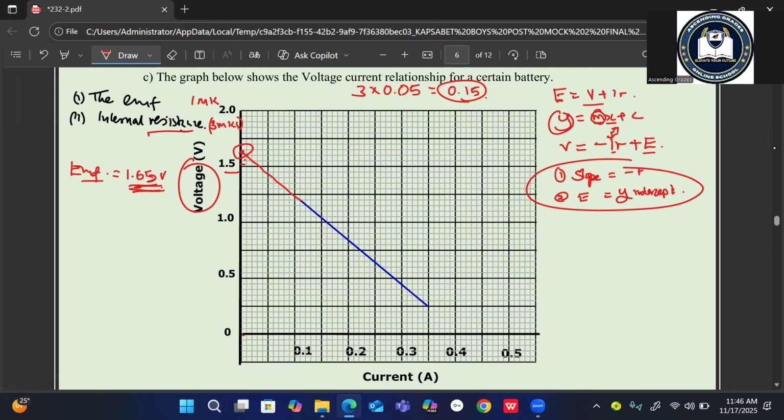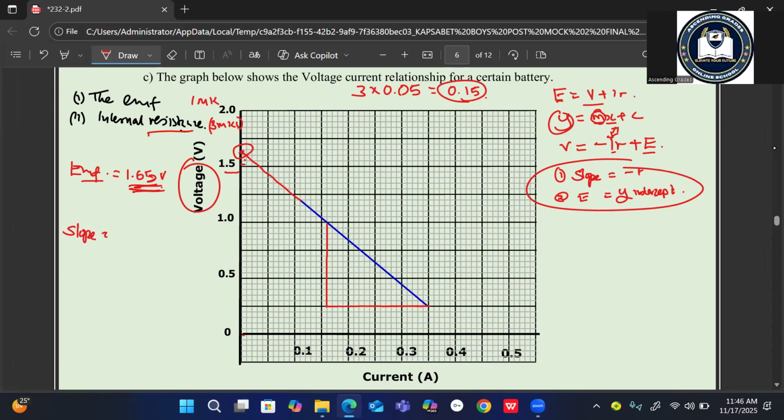I'll be picking my points as what you can see from my presentation. Like that. So my slope